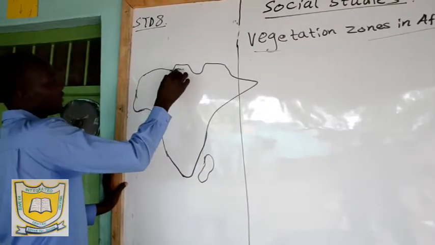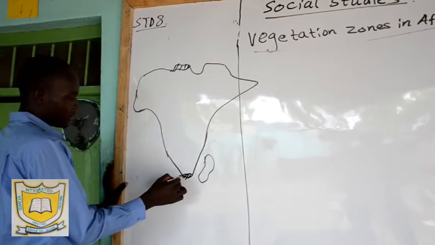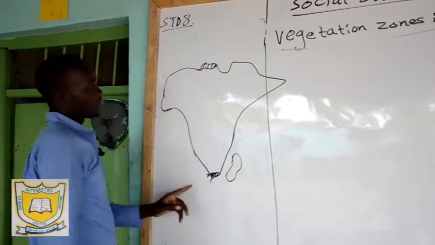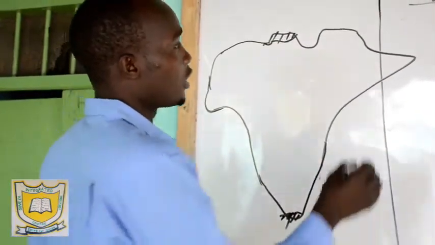Mediterranean, we have said, is found here. And then it's also found at this place in Cape Town, Cape Province, South Africa. So Mediterranean is here and here. So we want to look at number 2,